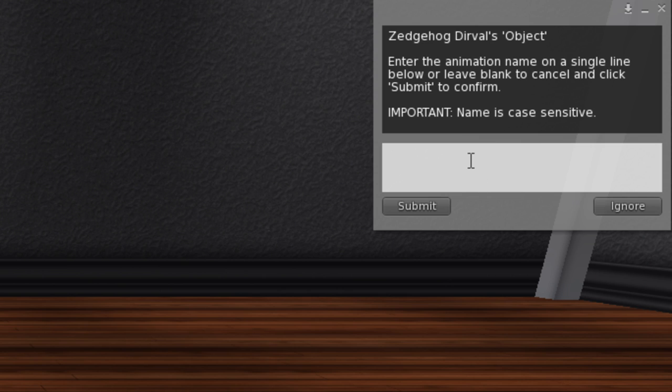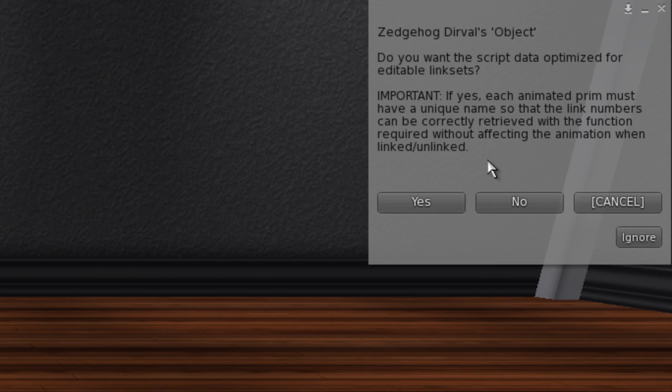It'll ask me for an animation name that I can click in this text box here and give it a name. So I'm just going to call it bounce, and submit. It'll ask me if I want to optimize the script data for editable link sets. Basically what it means is if I do optimize it, once I dump the frame scripts and put it in the object, if I need to link another prim or unlink prims or what have you, it won't affect the animation, it will still work. But it does require each animated prim to have its own unique individual name. I don't need to, I've just got the one prim here, so I'm just going to say no